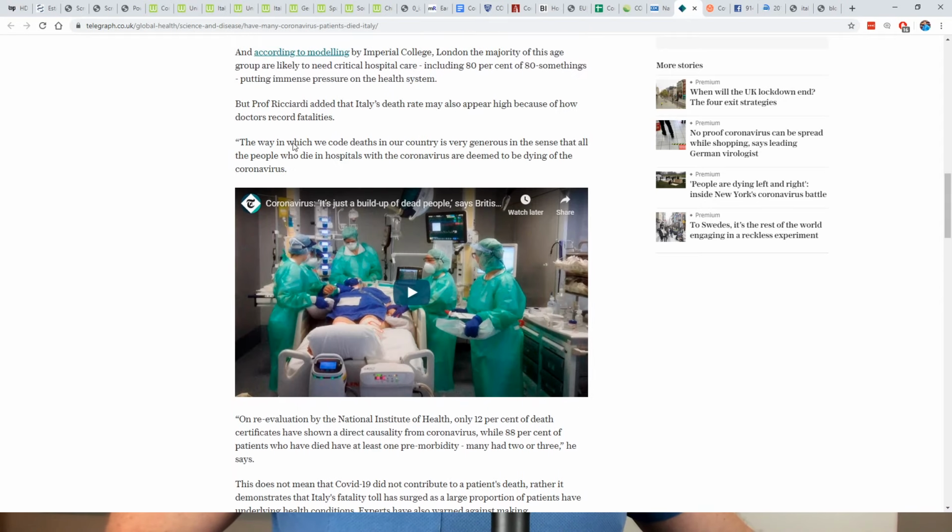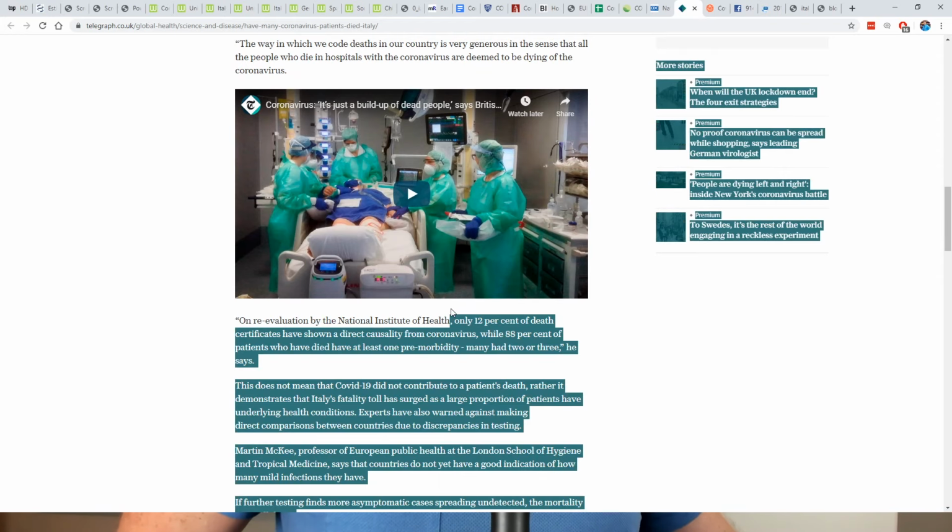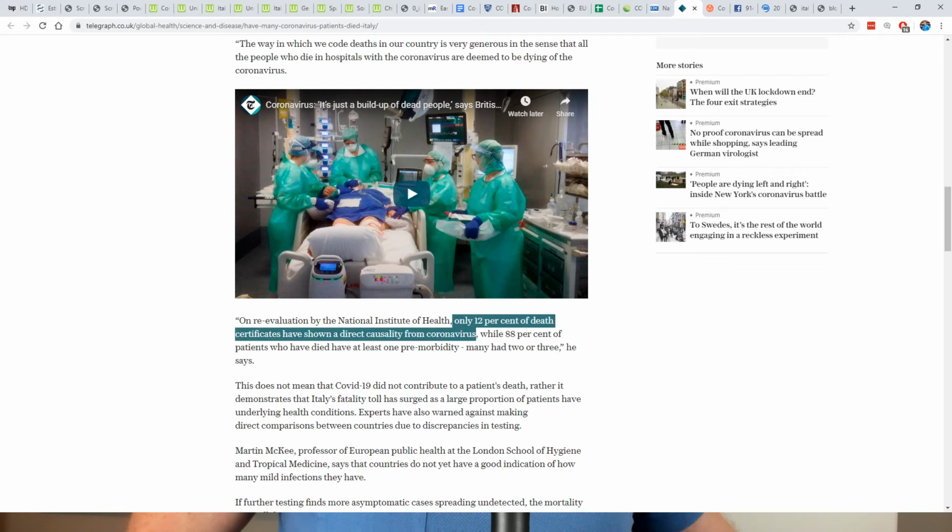Or actually, I'm sorry, Riccardi right there. So that kind of gives you an indication here, right? So only 12%. My concern is that the death rate, as high as it is, could actually be a lot lower, right? The 12% thing, that's a big one, okay? That's really, really important. Just wanted to highlight that. And if you guys can vet that other information I gave you, that'd be helpful.